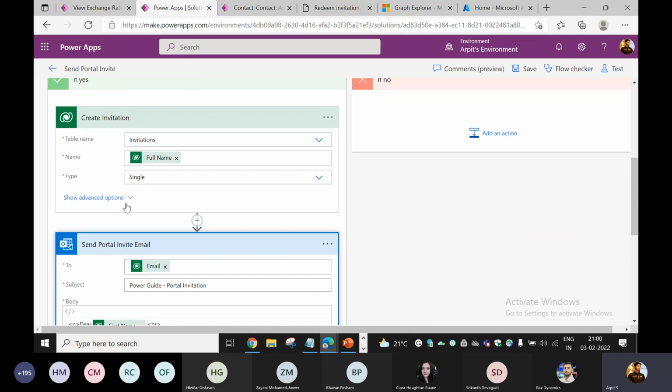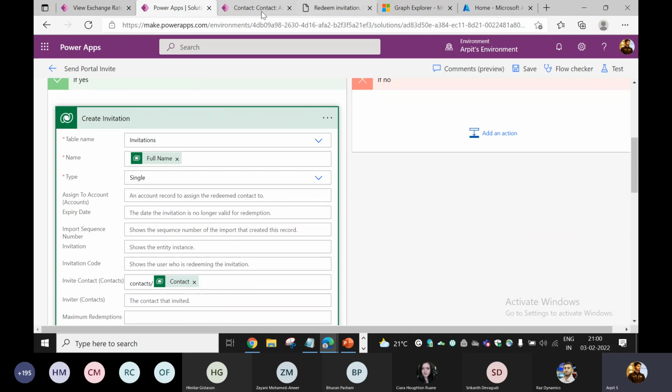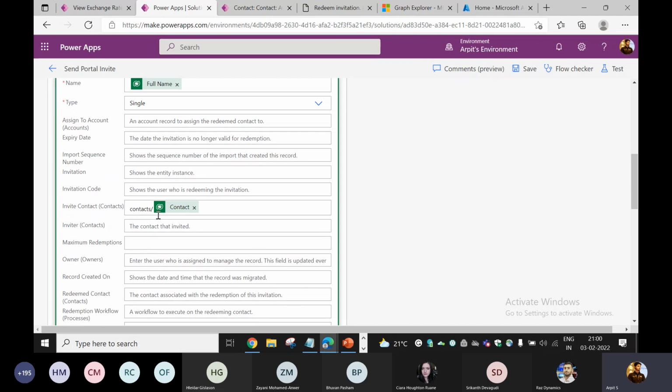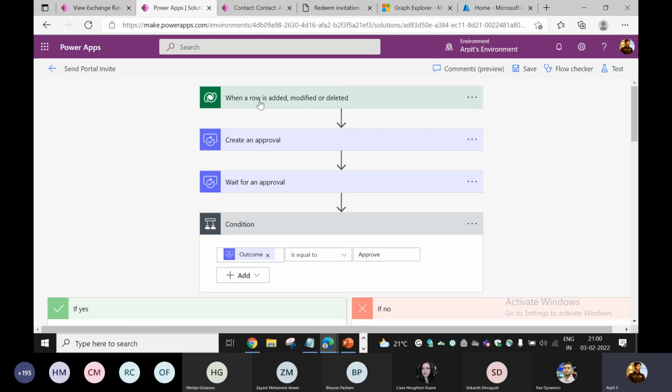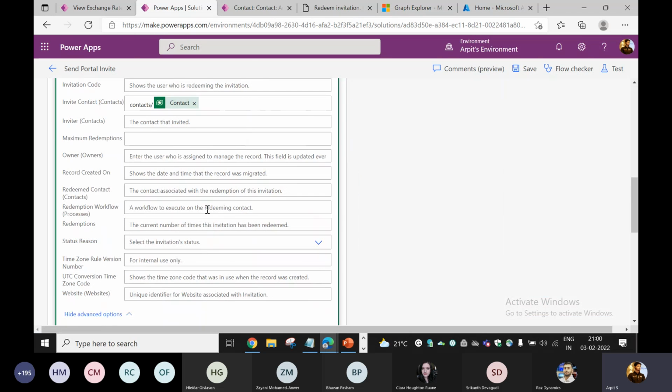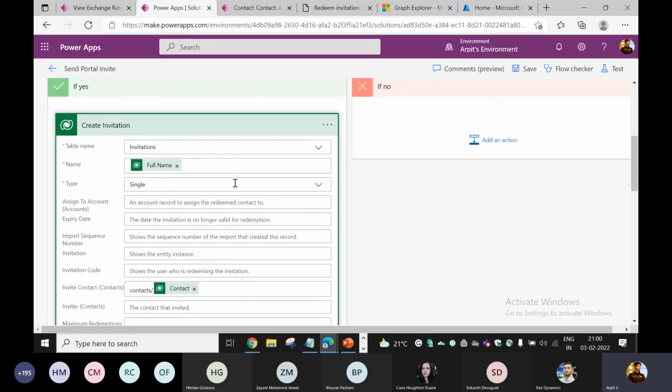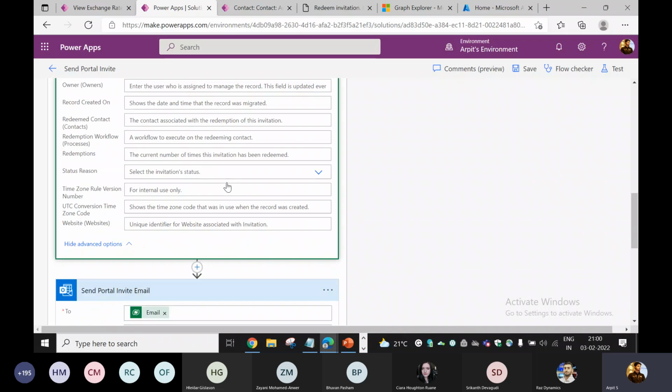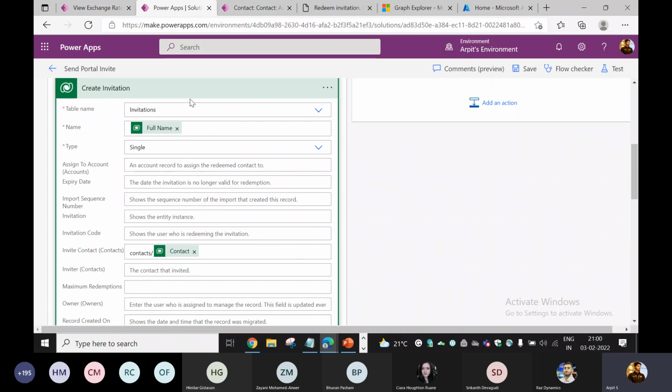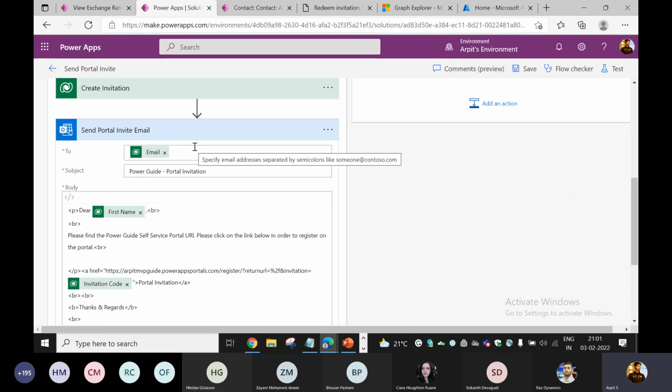OK, so for creating an invitation, what I was doing here as a manual process, I'm just automating this process. So I'm just creating a record, the type as a single, the name as a full name, and obviously the invited contact. The contact I'm getting from the step where the Power Automate got triggered. So all this information I'm dynamically pulling from the previous steps. And the final one is, once this create invitation step gets executed, I will get the invitation code